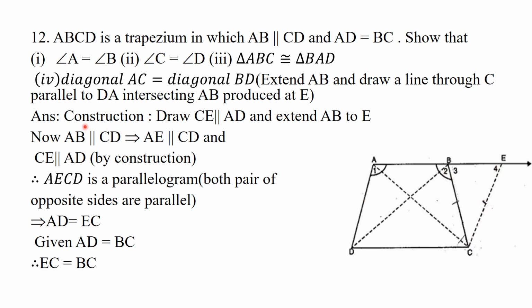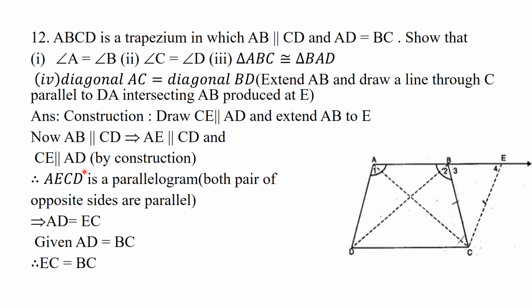So, we have to write the construction, draw CE parallel to AD and extend AB to E. Now, we are given AB is parallel to CD. Automatically, we can write AE is also parallel to CD. By our construction, we have CE is parallel to AD. We can see opposite pairs are parallel. Therefore,